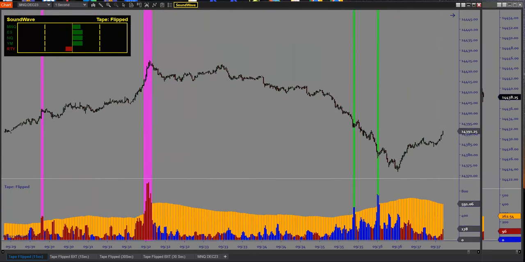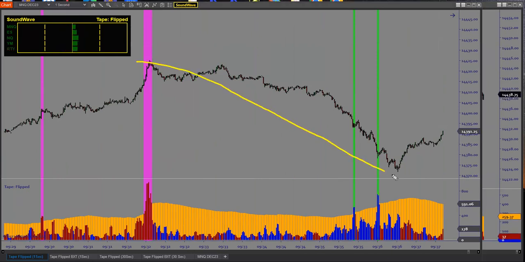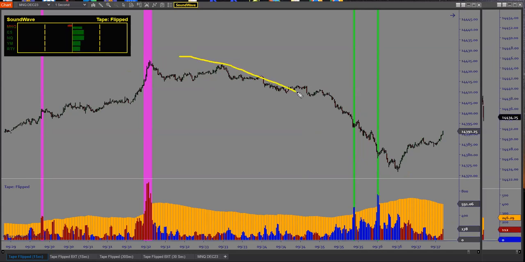This is a 1 second feed. This could be just a really big bar on a 15-minute time frame, right? You don't know that. It could be just a flush going into lunchtime. But if you know that the market's going down, and then all of a sudden this starts going crazy up here inside of the buying, like, the buyers are stepping in,